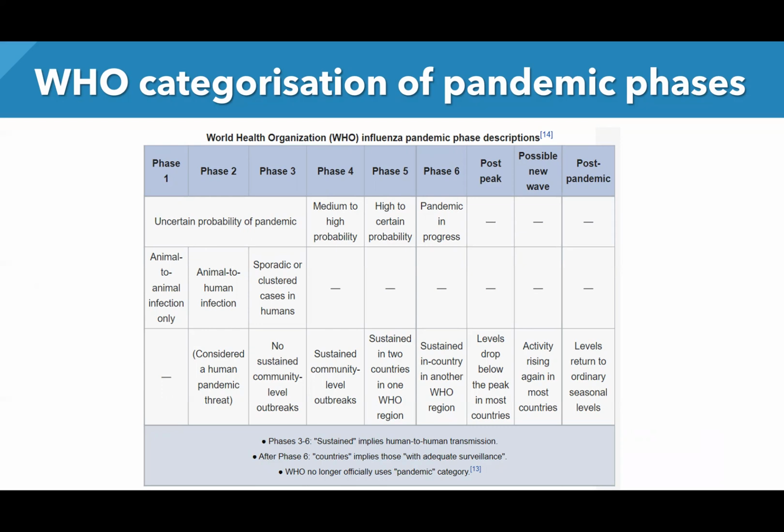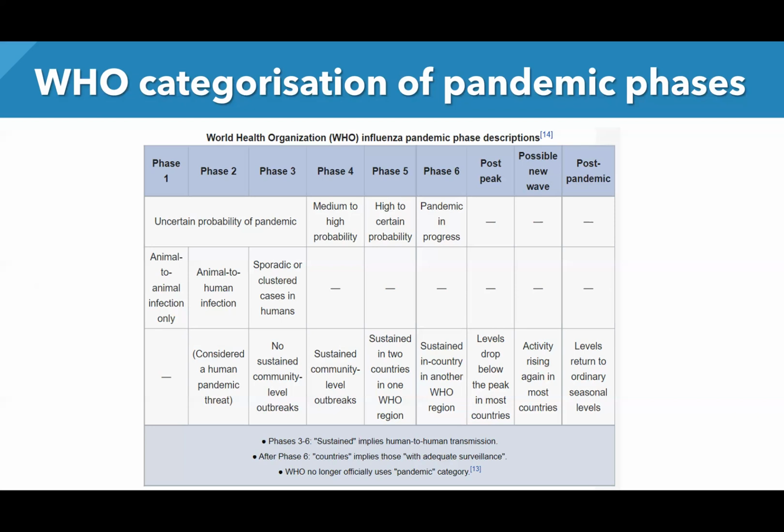And notice how the World Health Organization categorizes this via certainty, because they are still not sure. It's impossible to know the exact numbers of people who are infected. However, this is a prediction of how pandemics work. During phases 2 and 3, it is considered a human pandemic threat, and there are no sustained community-level outbreaks. But these are just mainly small numbers of cases. It is not spread over a wide area in many people, and there won't be many fatalities